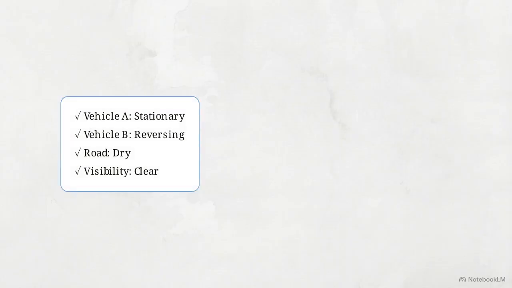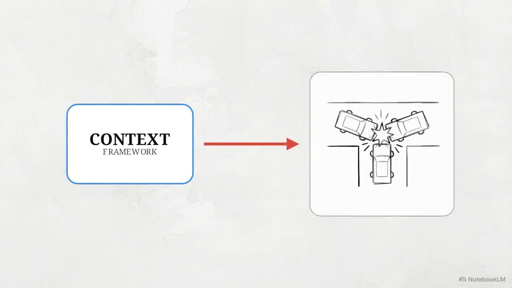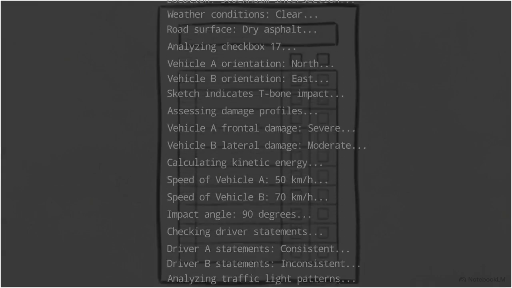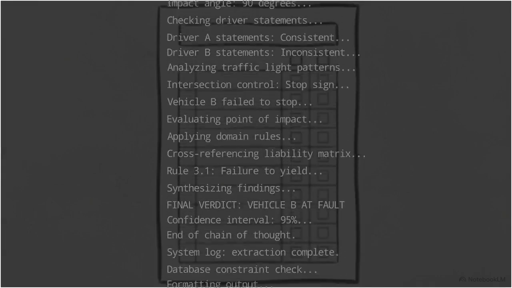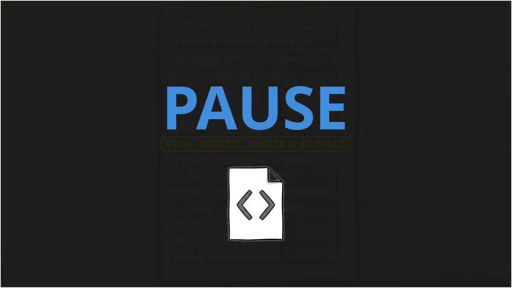Once the model has locked in the data from the form, it has the necessary framework to accurately decode the subjective details drawn in the sketch. The prompt is now highly accurate, but the output is a dense block of reasoning. While this is useful for a human, a data engineer needs a clean, predictable variable to store in a database.